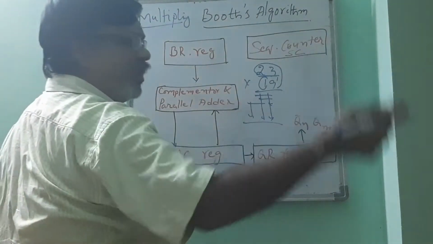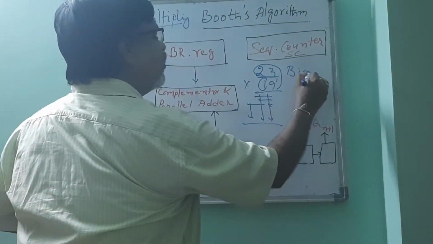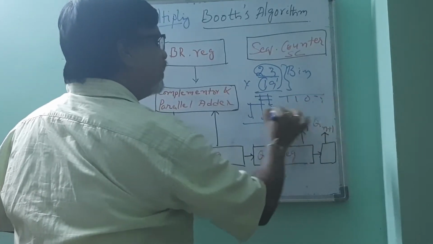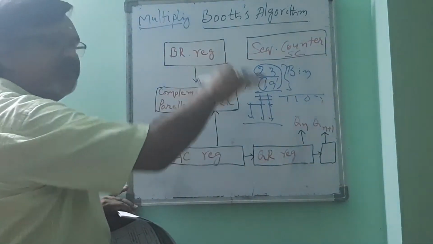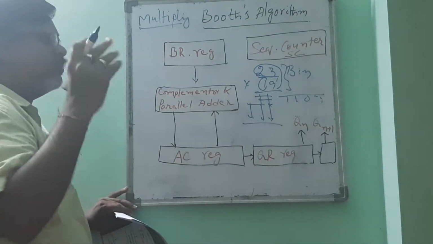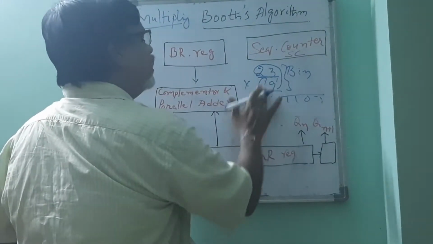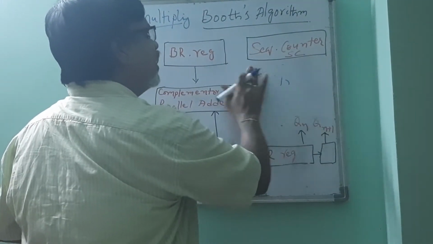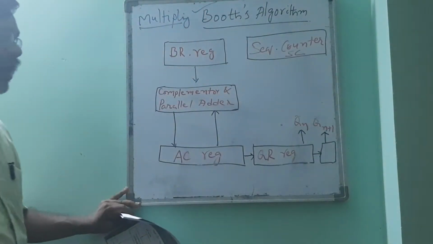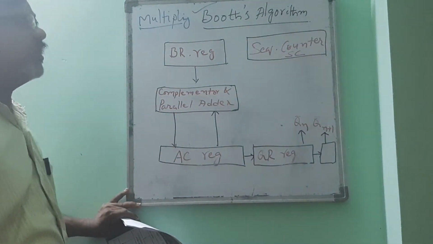When we explained that algorithm, we also took the binary equivalent of these two numbers and performed the multiplication in the same fashion, and the same was implemented using a flow chart and an example. As I told you, there is another way of performing the multiplication operation, called Booth's algorithm. There is a scientist called Booth who developed this algorithm, that's why it is named Booth's algorithm.